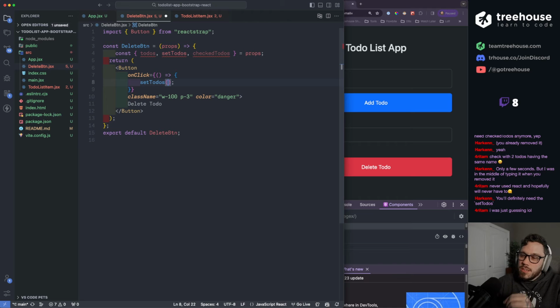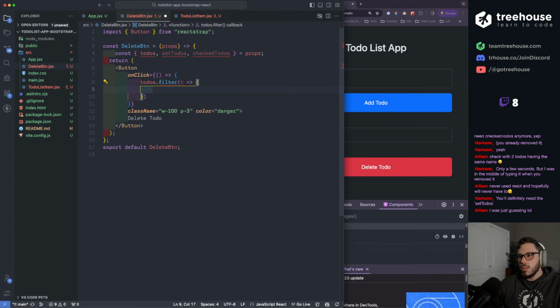So let me think. I think that would be just a simple filter. So if I say to-dos.filter, and for each to-do is not equal to, no, it should be equal to, let's get the index.